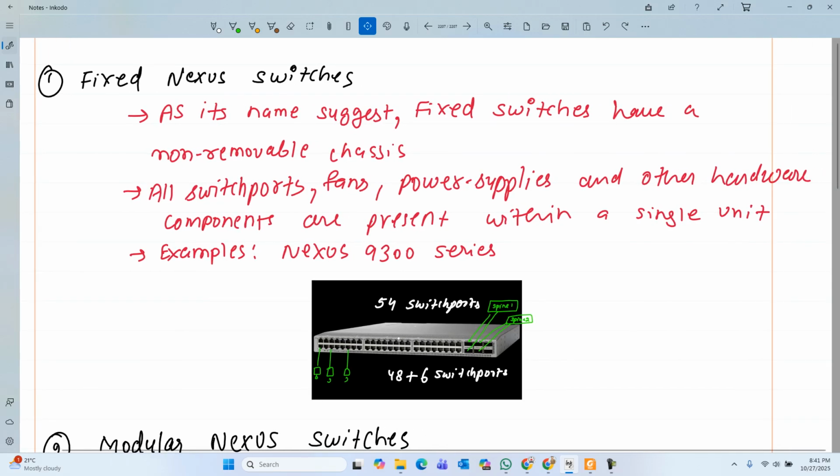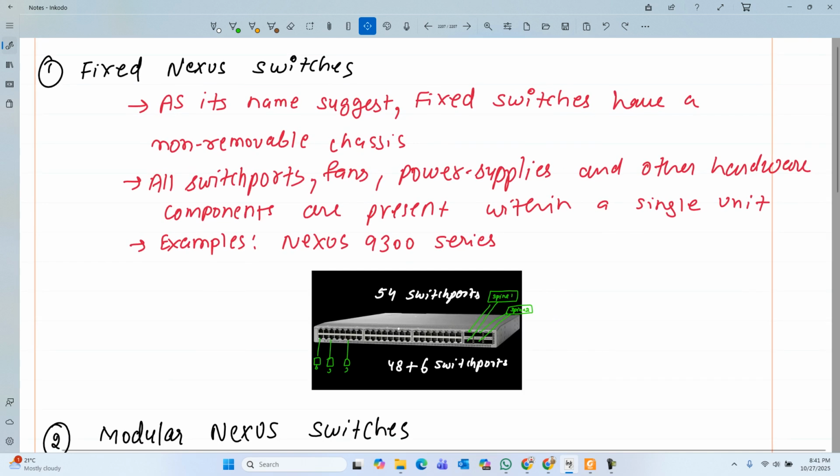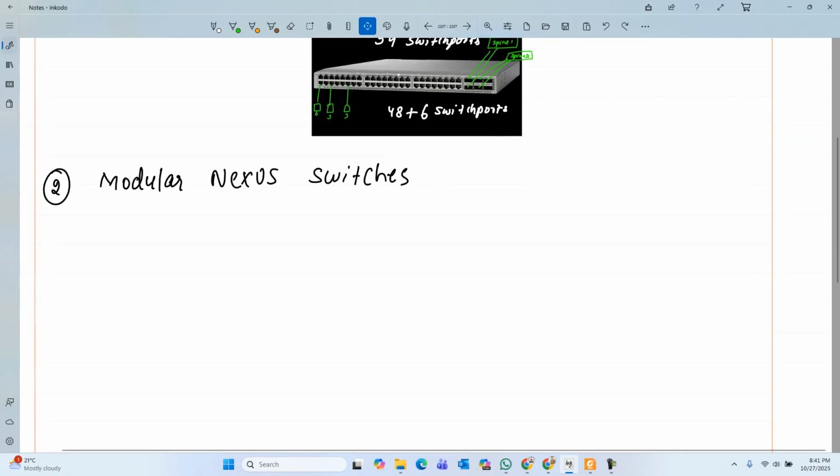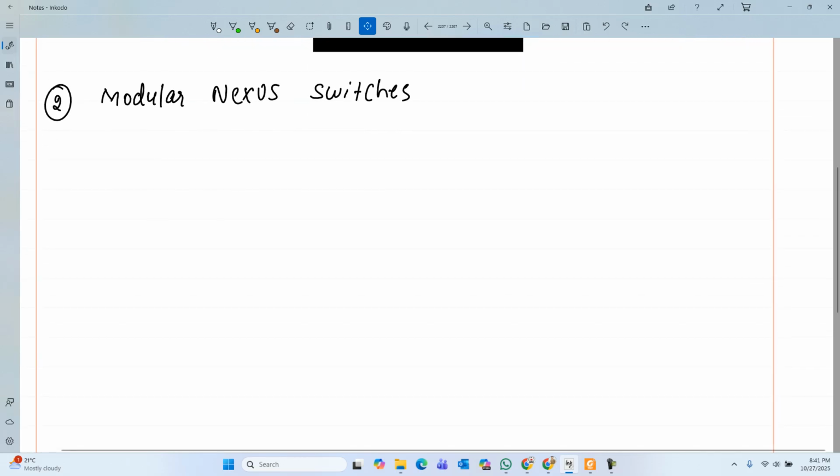Okay. But this is a fixed module switch, or fixed Nexus switches. We can't make changes in this. Then when it comes to modular chassis, modular Nexus switches, in modular Nexus switches, we have the switches which have